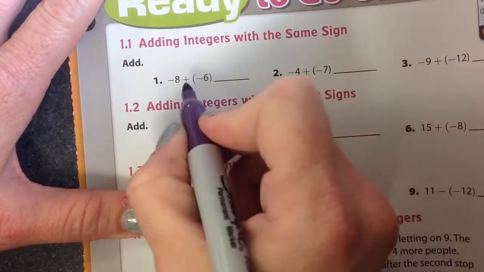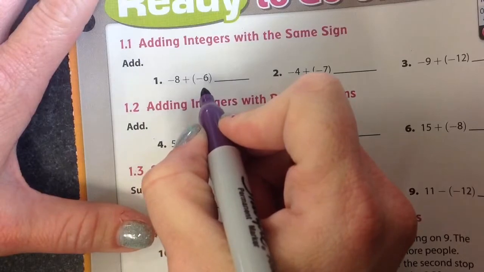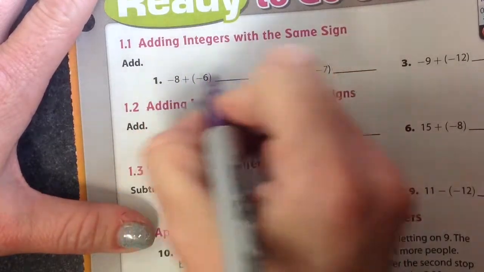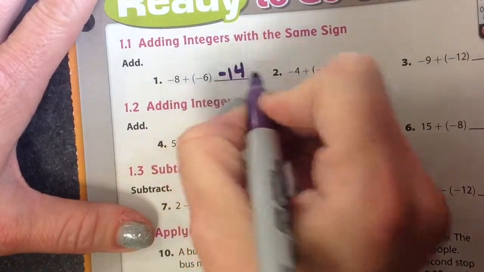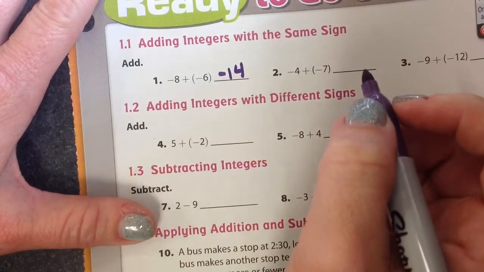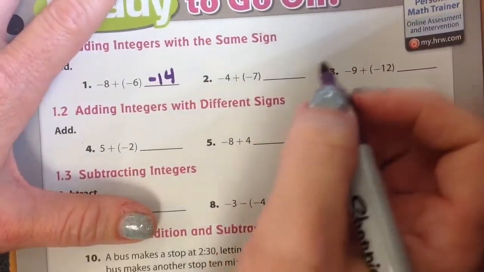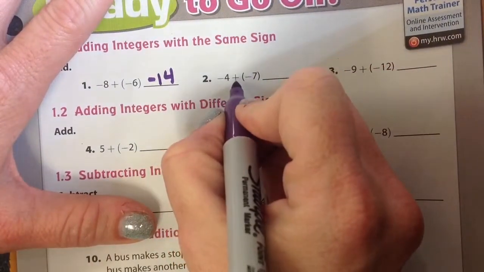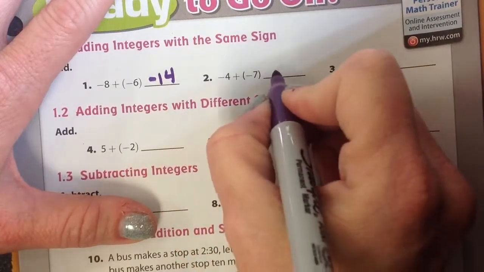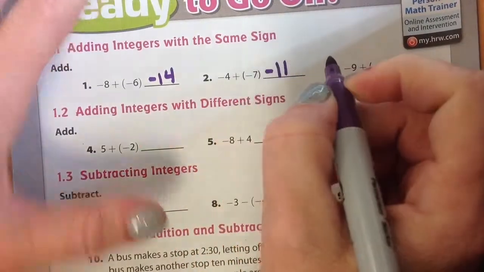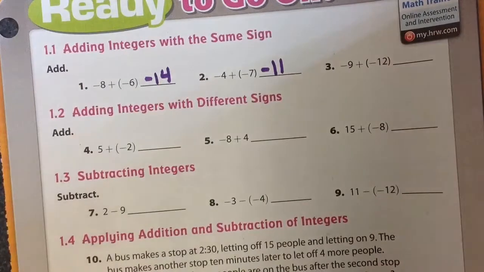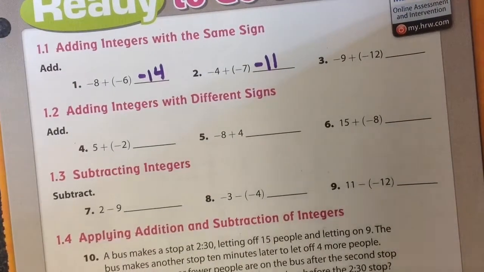So I have same signs and they're being added together. So I'm going to add them and keep the sign. So -8 plus -6 is -14. I'm adding same signs. So I'm going to add the numbers, same signs, add and keep. So that's going to leave me with